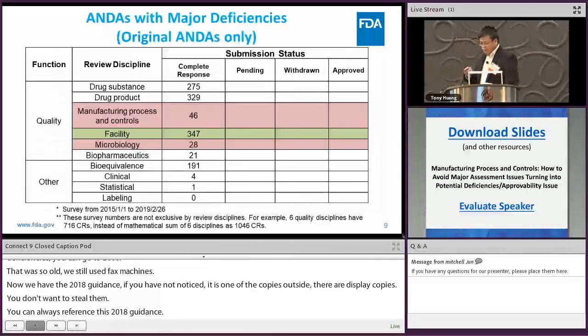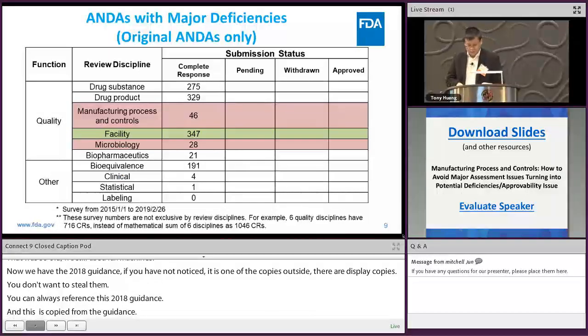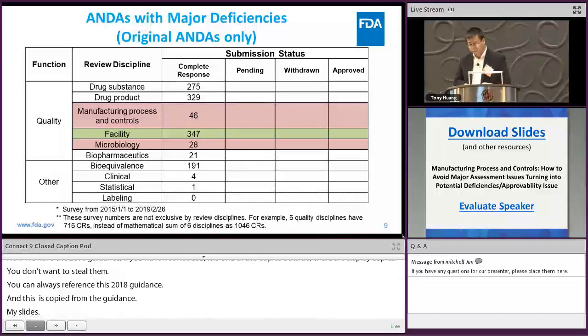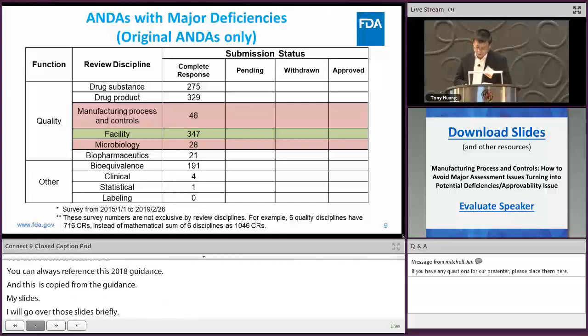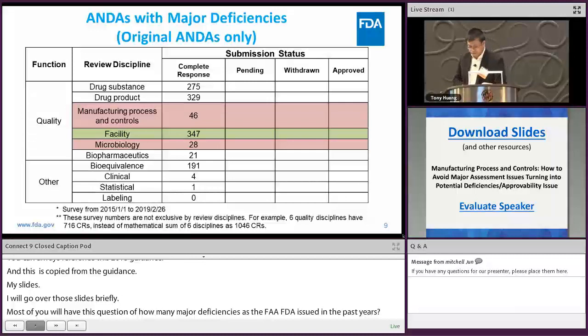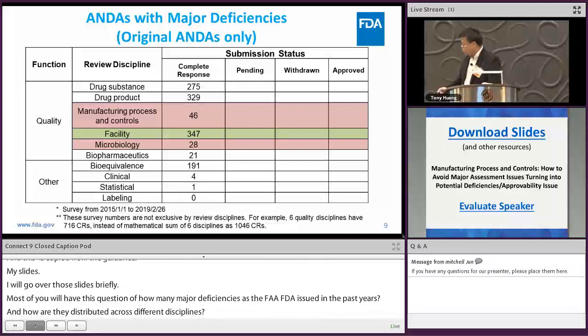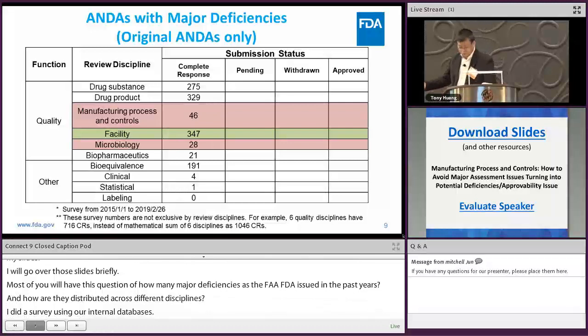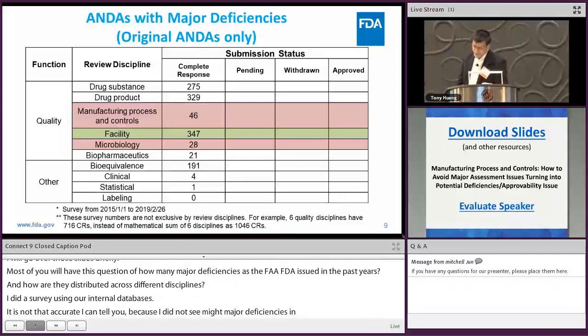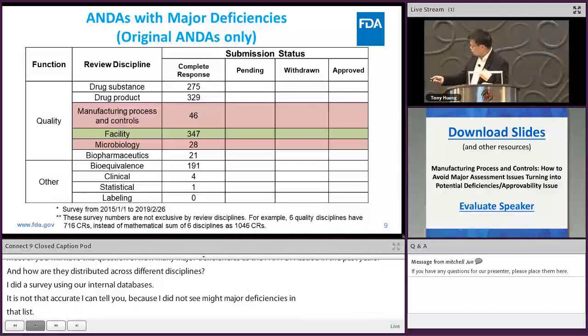So I guess most of you will have this question: how many major deficiencies has the FDA issued in the past years, and how do they distribute across different disciplines? So I did some survey using our internal databases. It's not that accurate, I can tell you, because I didn't see my major deficiencies in those lists. But I think they're in the right ballpark, and the ratios about right. So you can see that for original ANDAs only,